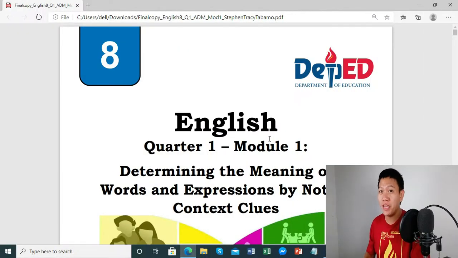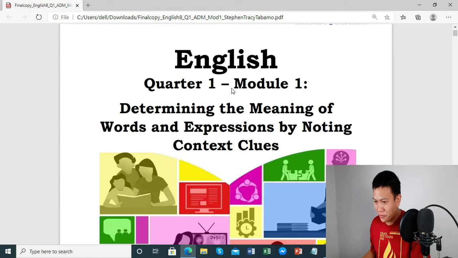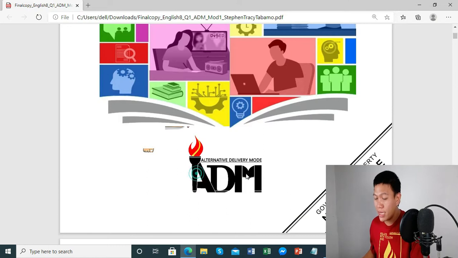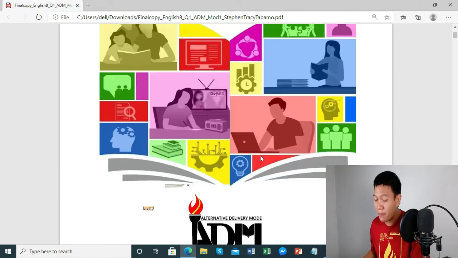First, this is your module. It's English 8 Quarter 1 Module 1. Weekly, you will answer a module, so as fast as you can, make sure that you finish it in a week. For the first week of your class, the title of your module is Determining the Meaning of Words and Expressions by Noting Context Clues. This is an ADM module, so meaning to say, write your answers on a separate sheet